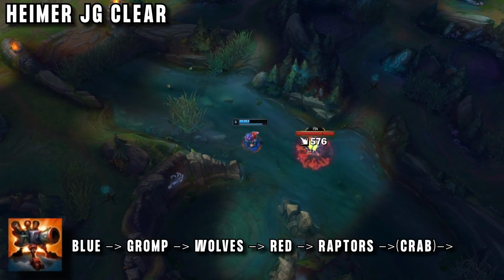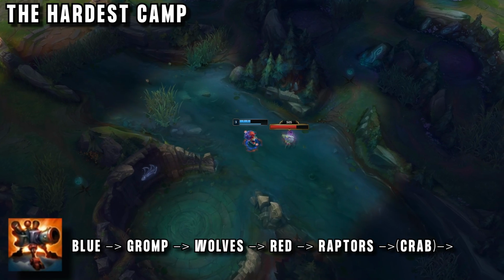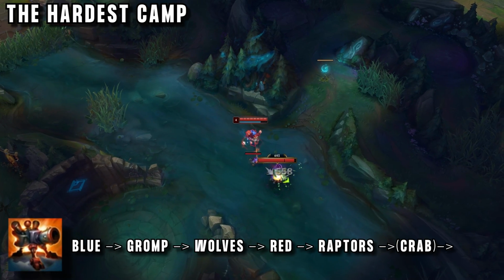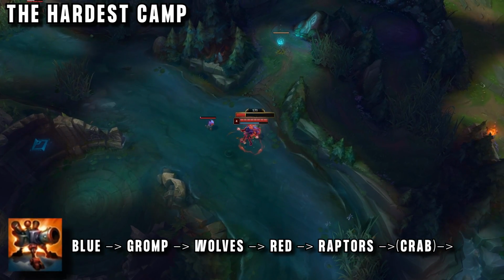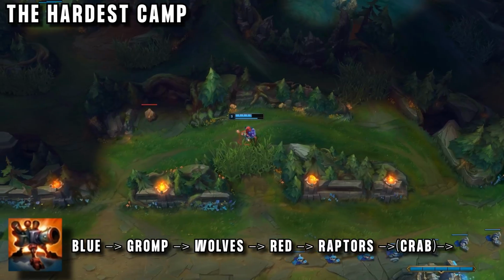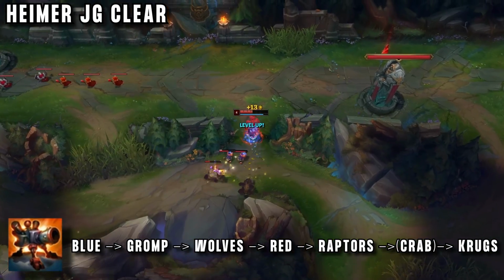If the enemy jungler is pathing away from you, then Heimer can do the hardest camp in the game, Scuttle Crab, putting a turret down and using stun to remove the shield, then trying his hardest to stop the crab from running away, directing it towards his turret, and then quickly onto golems, giving him level 4, as fast as